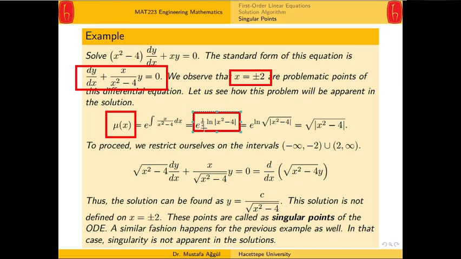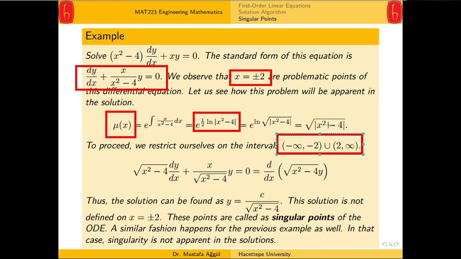1/2 power is the square root. It means the square root. So inside we will end up with ln of a square root function. So ln and e are inverses of each other, so we will end up with this guy. Okay. To proceed, we restrict ourselves to this interval, because